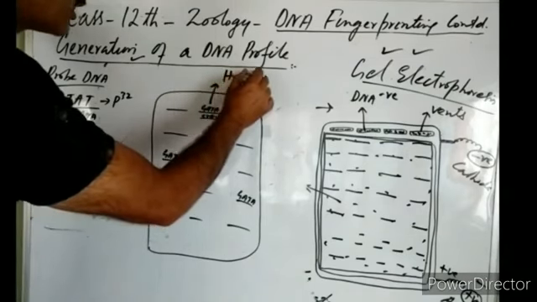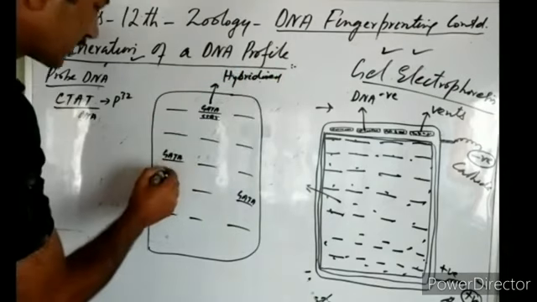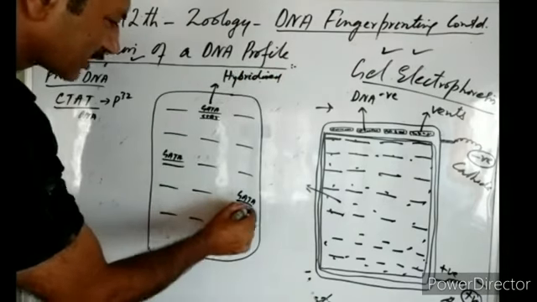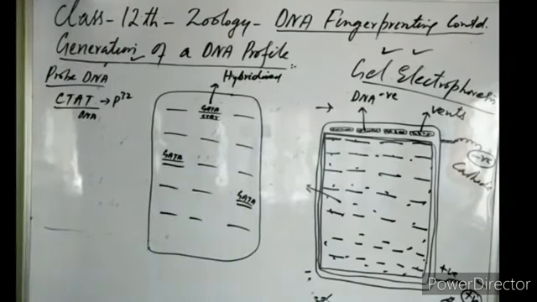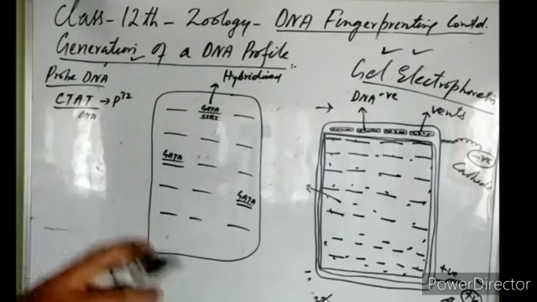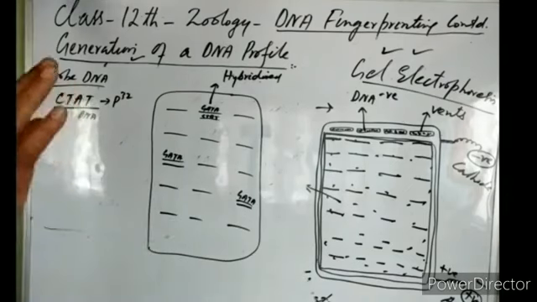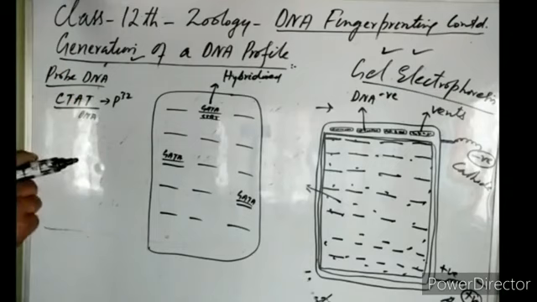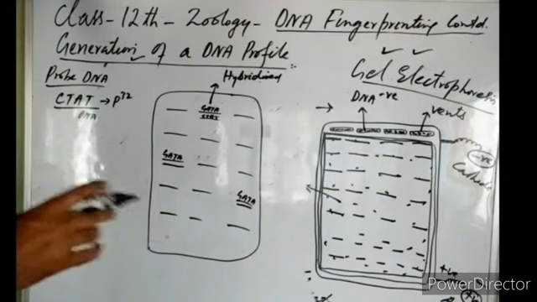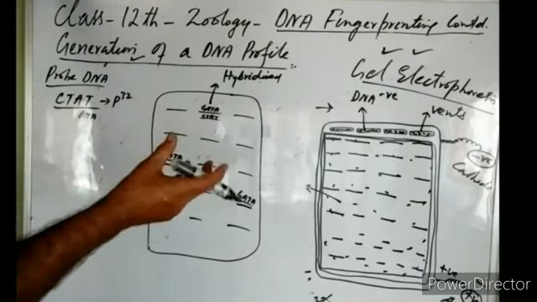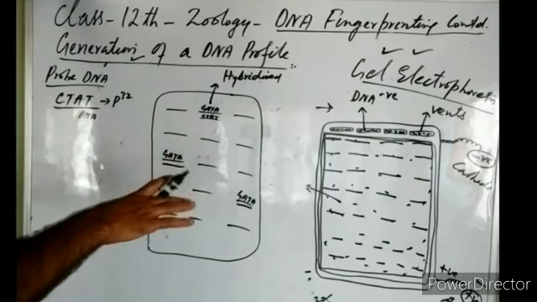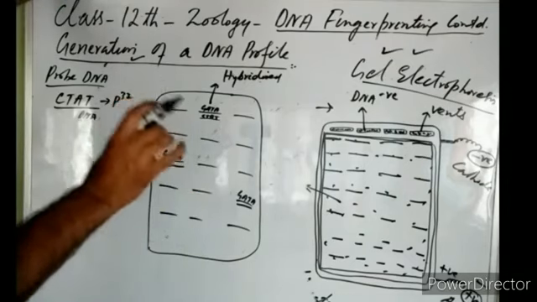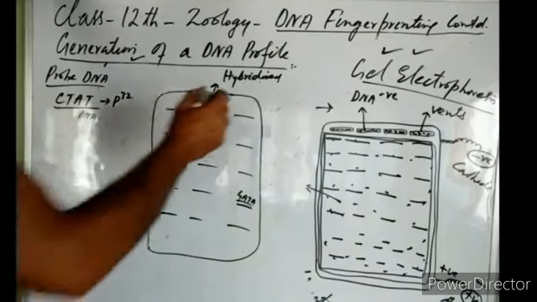So single stranded DNA on these locations will again be converted into double stranded DNA on the nitrocellulose paper, only on those places where the GATA sequence is present, right? This is known as hybridization, by adding the probe DNA. So on this nitrocellulose paper we have again formed double stranded DNA, but only on those locations where the GATA sequence was present, right?